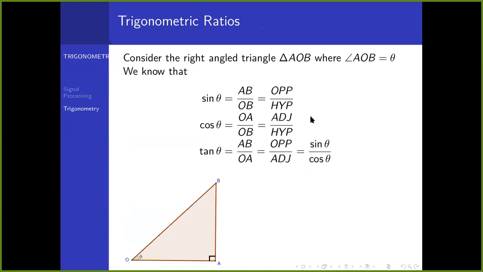So you are familiar with these trigonometric ratios, and this is how you usually compute them. You start with a right angle triangle and you work out the sine, the cosine, and the tangent. The sine is usually the opposite over the hypotenuse. The cosine is usually the adjacent over the hypotenuse. And the tangent is usually,